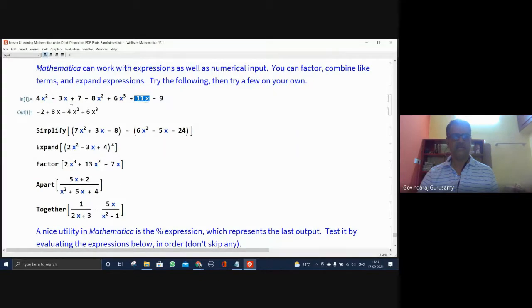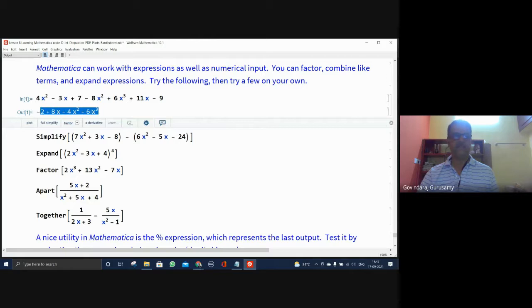Okay, you follow? If you do this one, you will be getting an 8x. That's what it means. So some algebraic thing has been done, common terms are there. You can plus 7 and minus 9 is there, therefore you're getting a minus 2, 8x. And then minus 4x square, because there is a positive and then negative minus 8 square, there was minus 4x square. And then 6 cube, which is already there. So this is the simple algebraic form, which has collected the equivalent terms and then given the result. Okay. I hope it's clear for all of that.